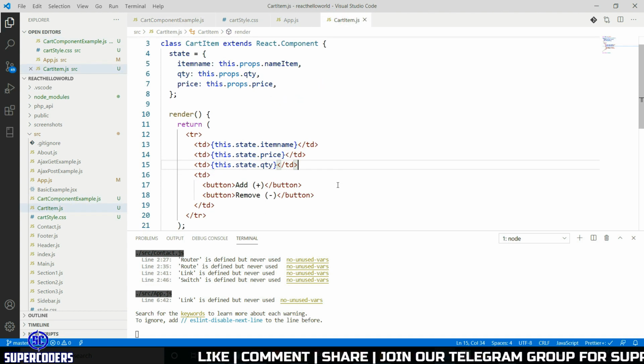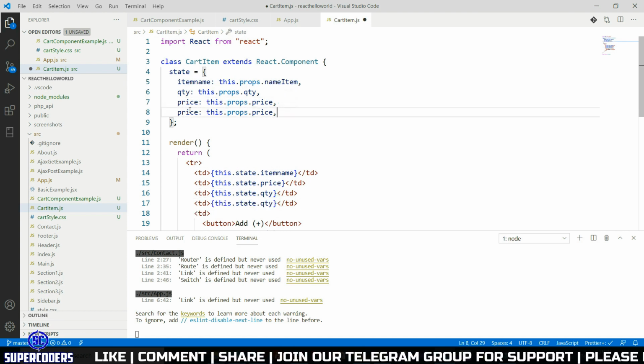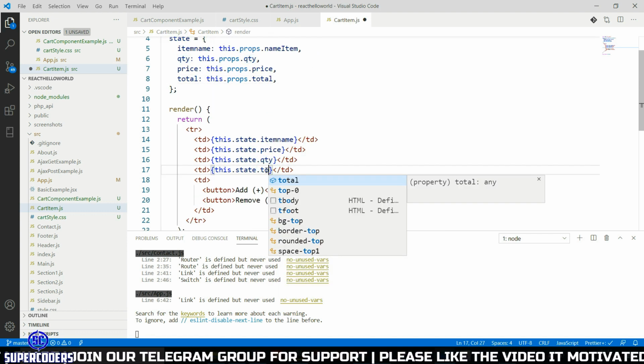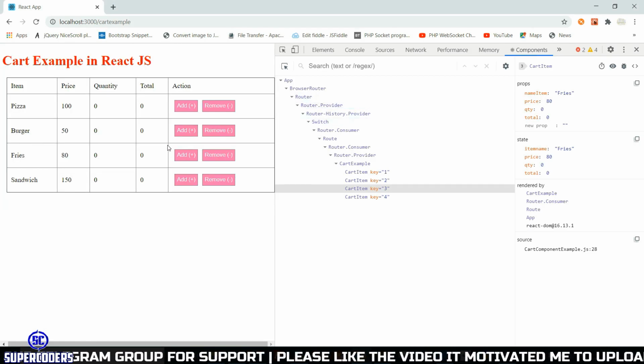Come here. This dot total and here total. Save this. Now it's perfect. Let's work on this plus and minus options. So back again in Chrome,